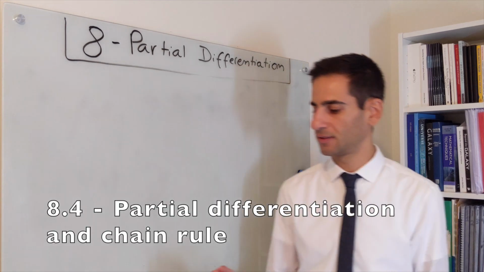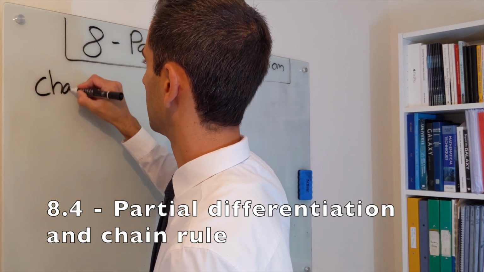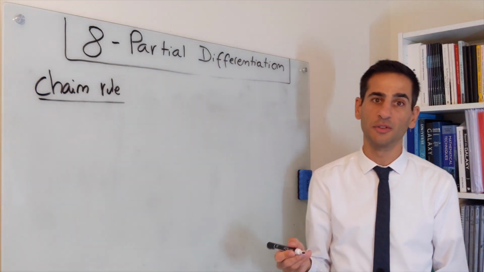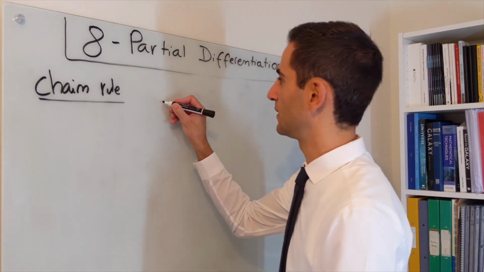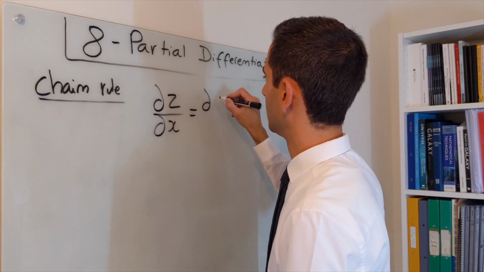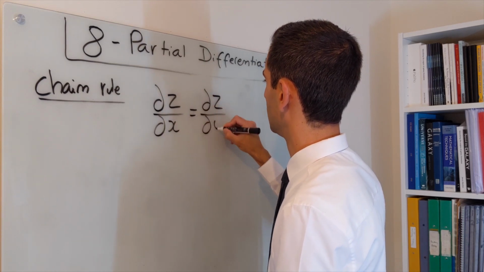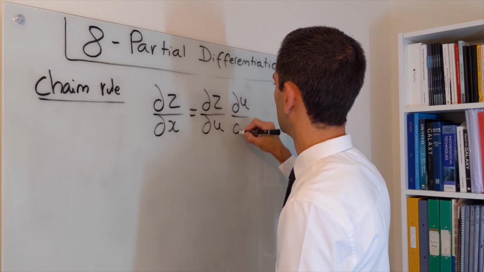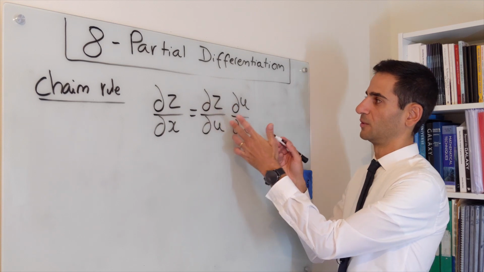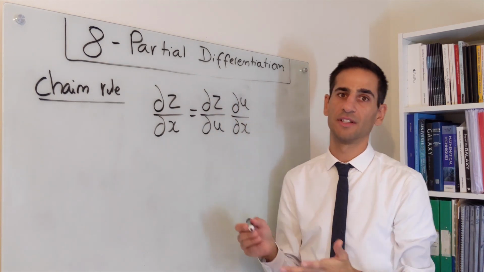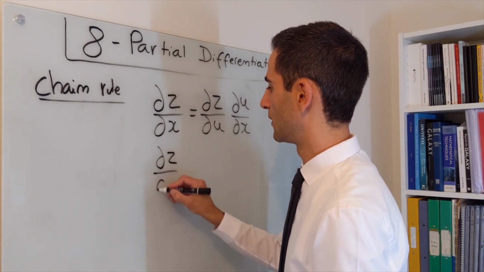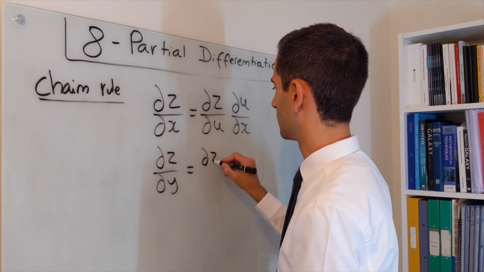It is important to point out that the chain rule that so many of you love also applies to partial derivatives. This means that we can typically write, for example, that dz/dx will be the same as having dz/du times du/dx, with z being a composite function that is z of u of x. And the Leibniz notation is still very useful for this. The same thing will go for y, where we can also write this